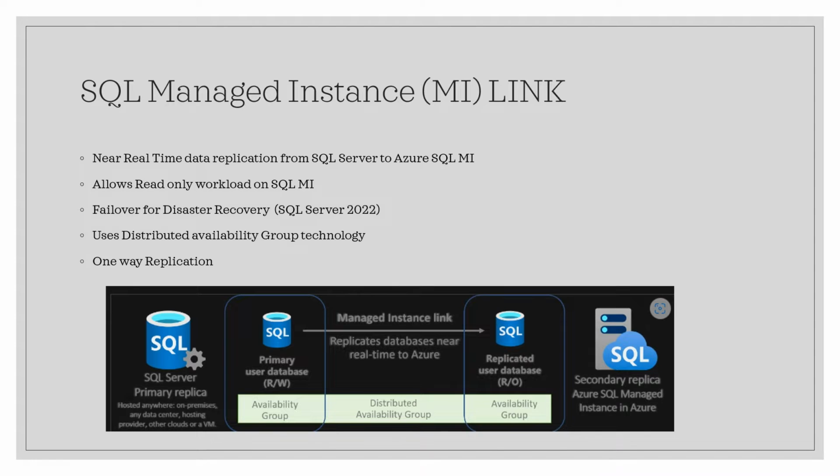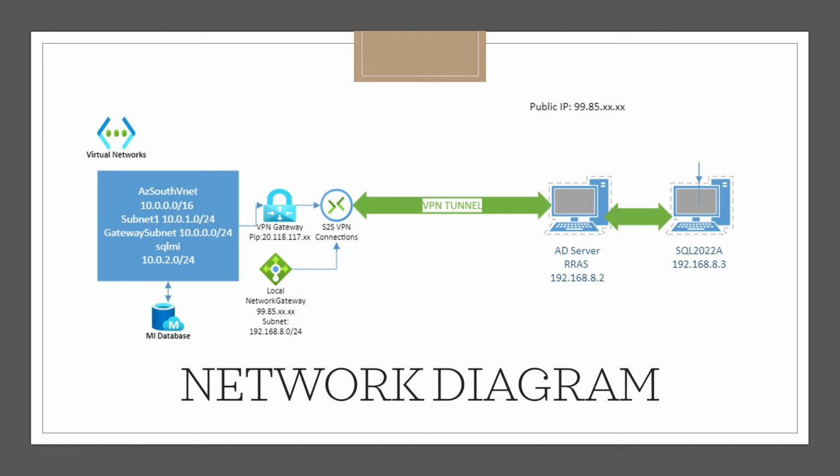to the Azure MI. But first, we need to configure a network infrastructure to support MI Link. And one of the supported infrastructures is the VPN tunnel. Here you can see that on my test machine, I use a RAS server hosted on Windows Server, and it also happens to be my AD server, and I also have SQL Server sitting behind. My internal networking is 192.168.8.2,